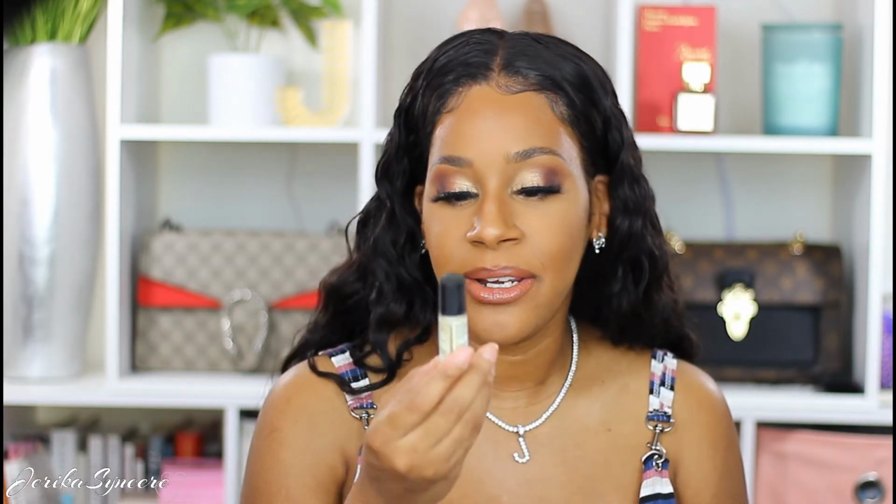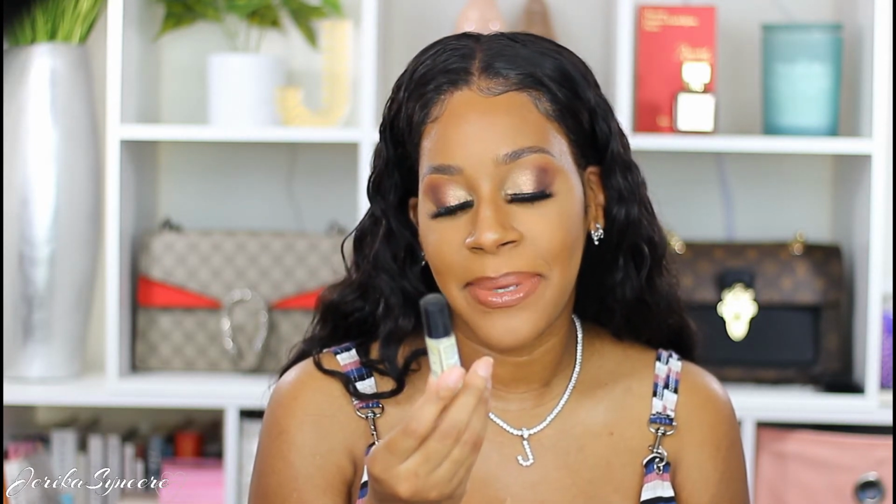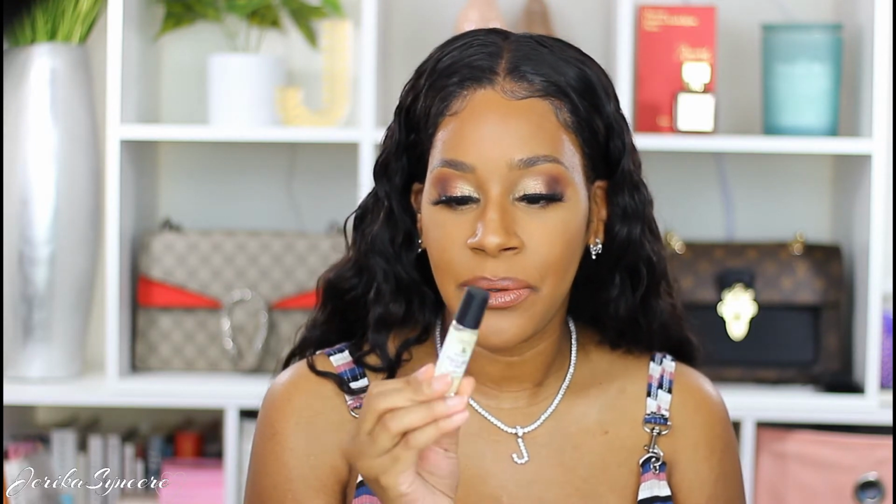I'm only 19 weeks, so I don't have any stretch marks yet, but I wanted to make sure I keep up with that. All right, and this here is the Mindful Mixtures Peace Out Be Happy Therapeutic Essential Oils, and